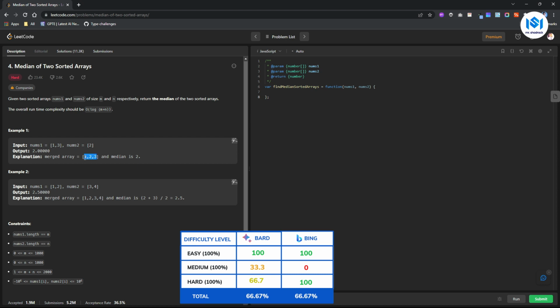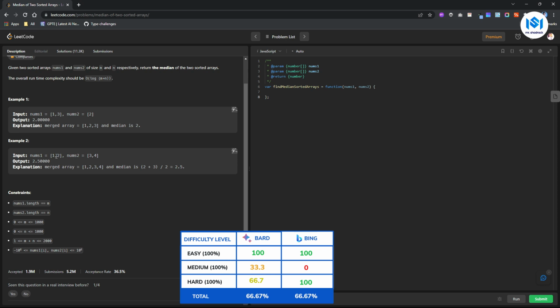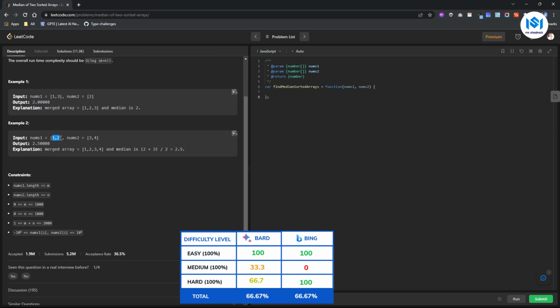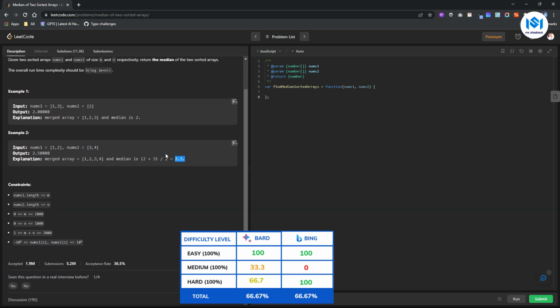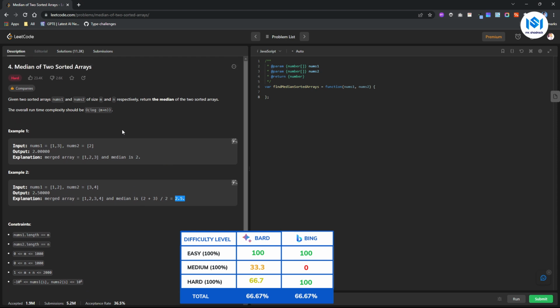So we are going to get this, and then it's going to find the median. With this one, because there are 3 items, the median is going to be the middle number, which is 2. Now for this one, 1 and 2, 3 and 4, it's going to put them together and sort them. We're going to have 1, 2, 3, 4. It's going to find the median number, which is basically these 2 because there are 4 items. Add them, divide by 2, and we're going to get 2.5. Right? So that's the question we want Bing and Bard to solve. Let's copy the problem together with the constraint and set the ball rolling.